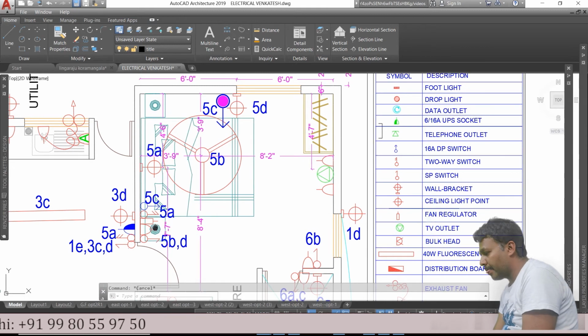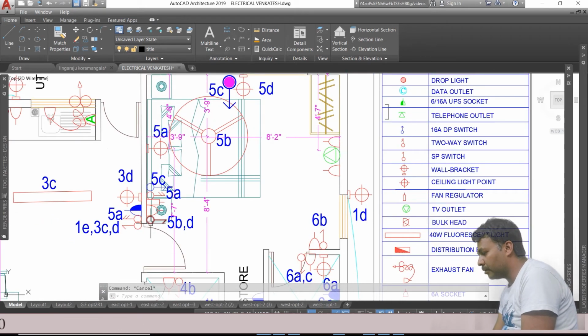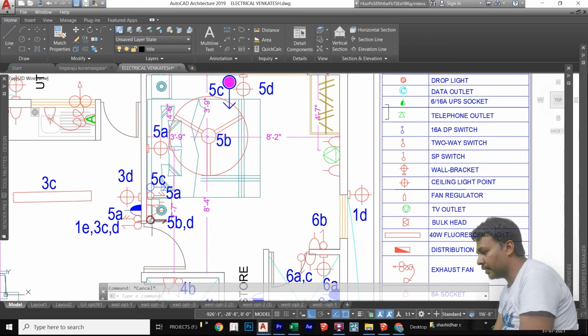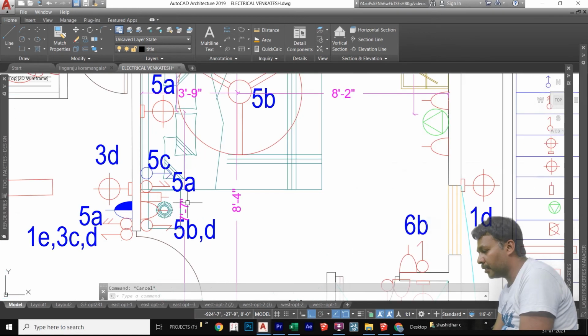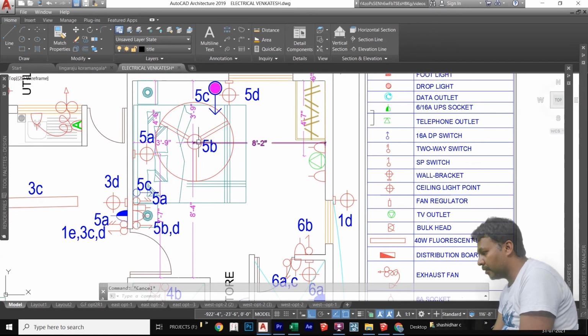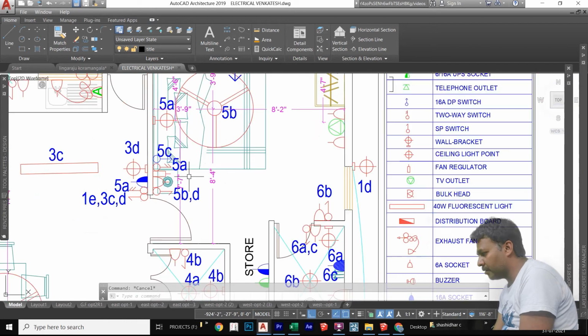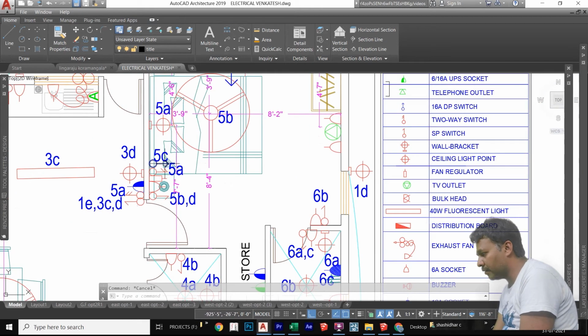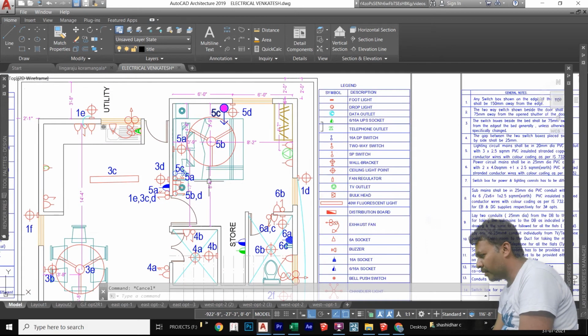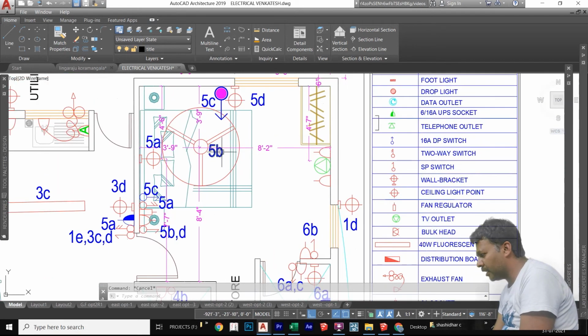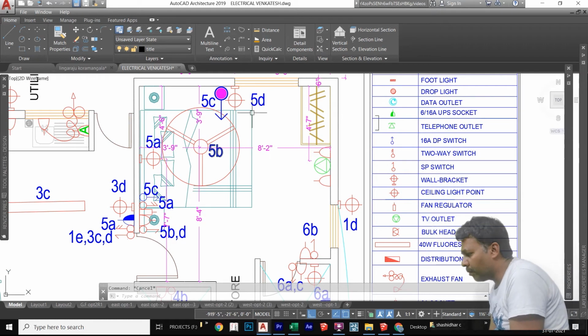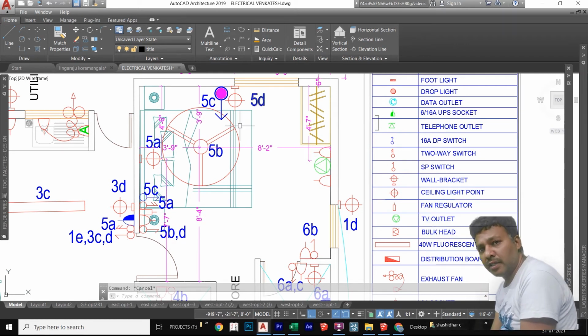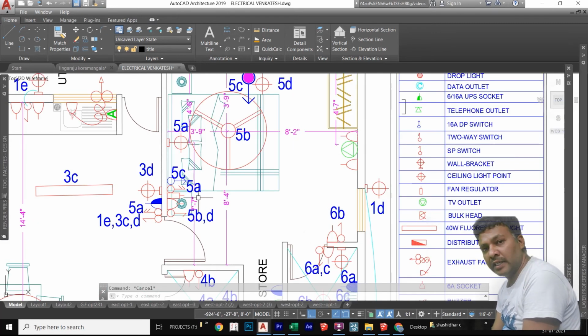And my switch point I have given here. Once you open the door, next to the door only, immediately I have given all my controls here, and it is very easy to operate from the bed also. That's the reason we given it here. My ceiling point, my fan point, my lighting point, completely I provided here. See, 5A the lighting, 5C my AC point, and 5B and D my ceiling fan point and my light point. Both controls I given in here itself only.